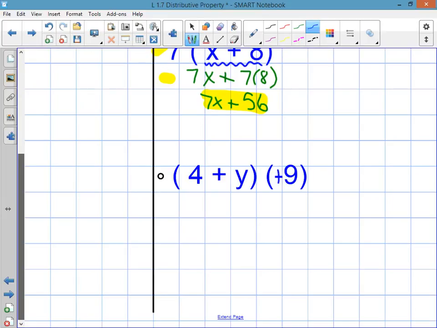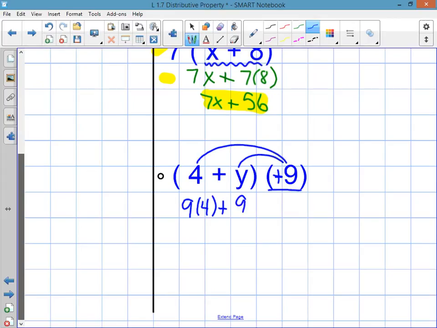And I'm going to change this to a positive 9. Now sometimes we'll get tricky on you and we'll put the number on the outside of the parentheses, but we'll put it on the back side. The concept is still the same. You're still going to distribute the 9 to each term inside the parentheses. You're just distributing backwards. So in this problem, I'm going to multiply 9 times the first number, which is 4,